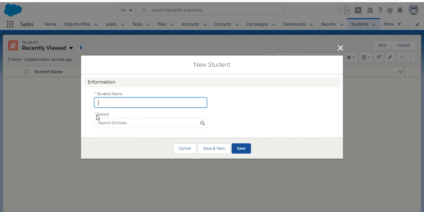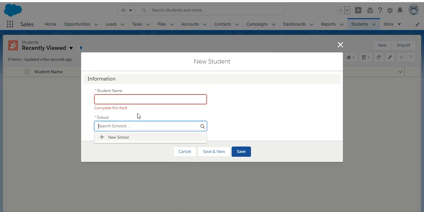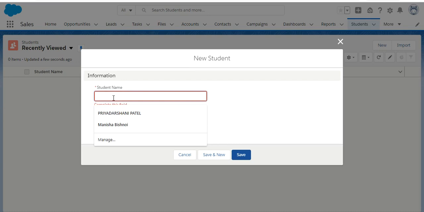You can see this field is a required field. We cannot save this record without putting any value in this field. So we have to create a new school record so that we can create a record on the student object. The main thing I want to say is we cannot create a child record without the parent record. So for now I have to create a parent record, then I can create this child record. So let's wait.